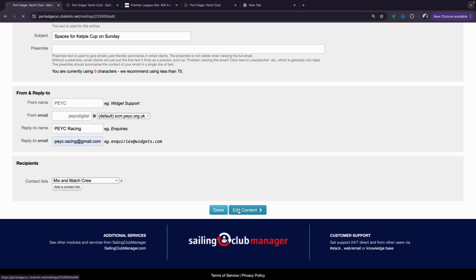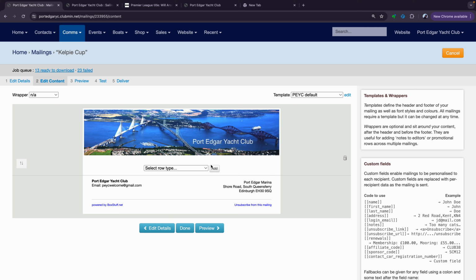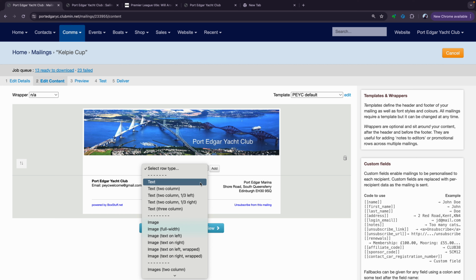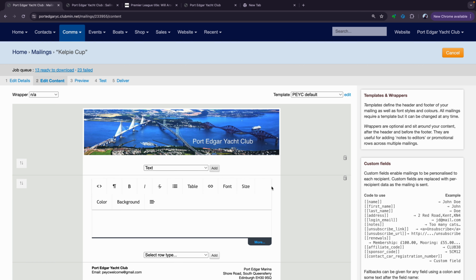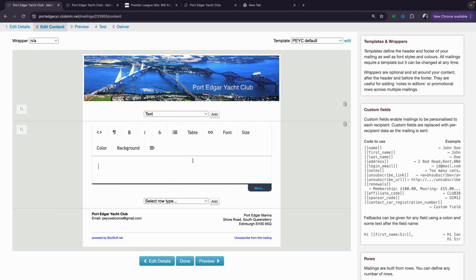Then I get into adding the content. Click on edit content, and we don't have to worry about the wrapper. We've already set up the PEYC default template, which is the one with the image. Now what we need to do here is select the ordinary format, which is just text, and click on add, and that gives you a box,